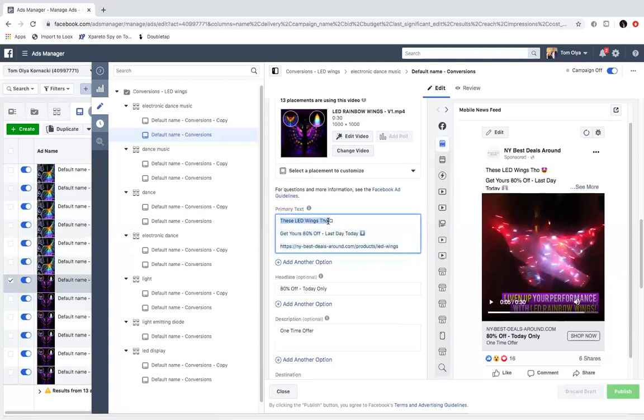You want to have it very short, okay? You don't want a long paragraph. No. You want a simple 3 lines. So the first one, boom: "These LED wings, though," and then a little emoji with a star face. So you can change this to whatever product you're selling. Basically, what you're trying to say is,